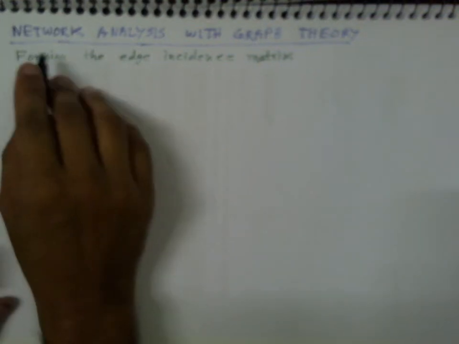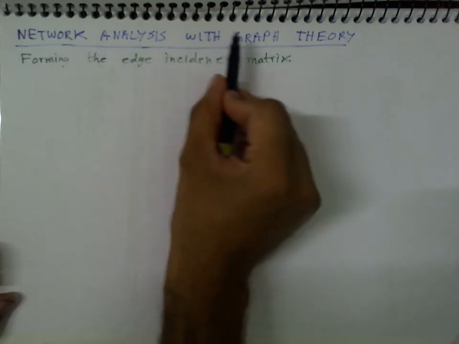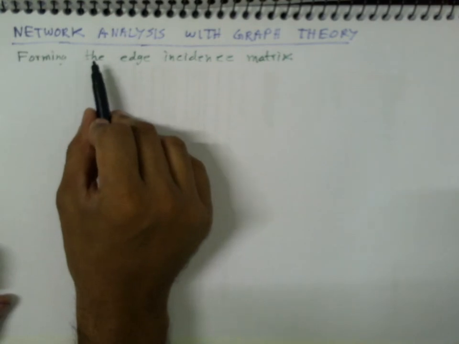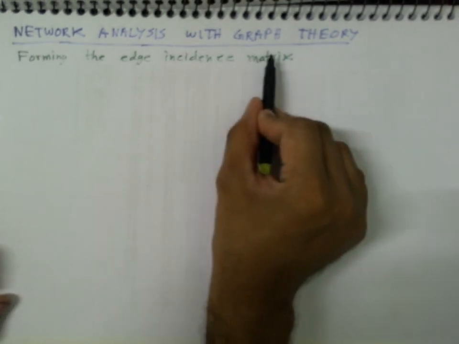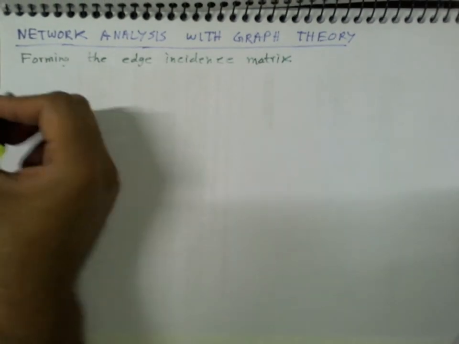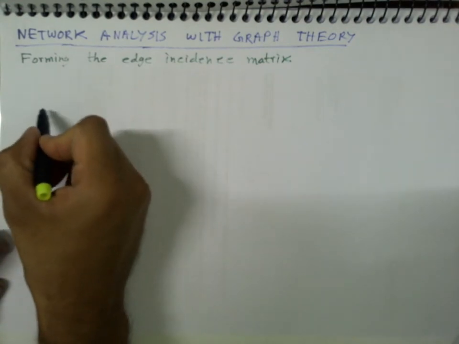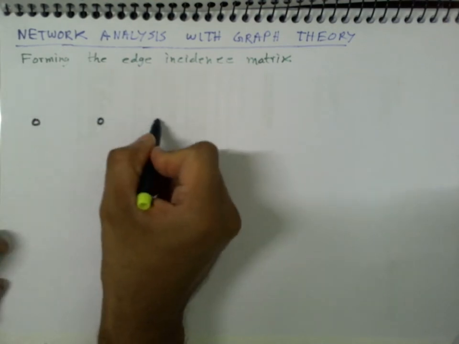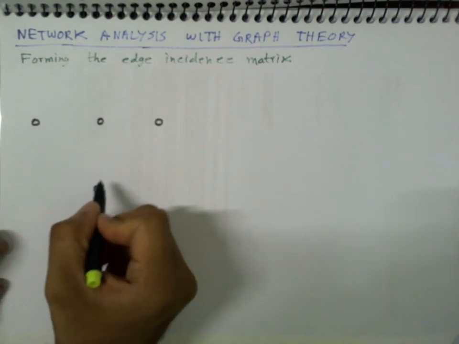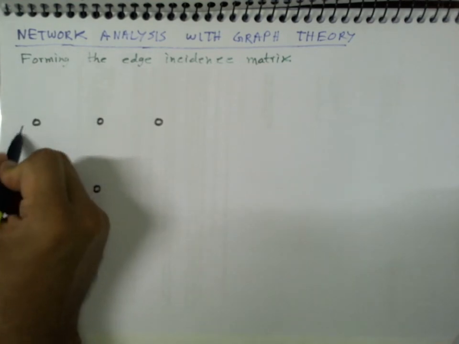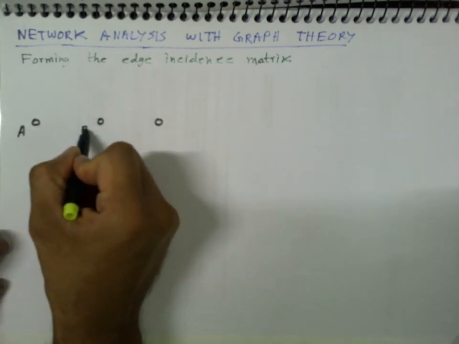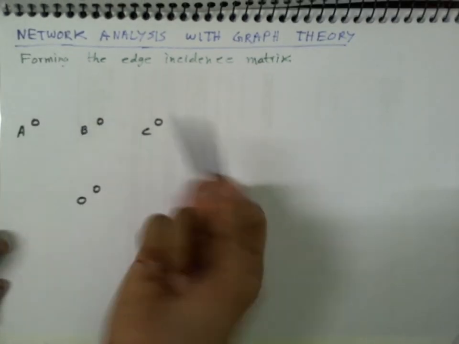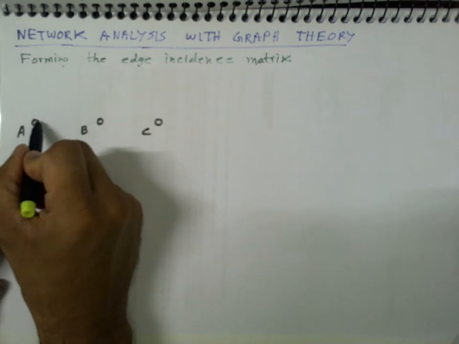Hello. So we are discussing network analysis with graph theory, and in this video we shall briefly see how to form the edge incidence matrix from a graph. Suppose I have a graph like this with 4 nodes, and let me name them as A, B, C and O maybe, or D, and let there be edges connecting